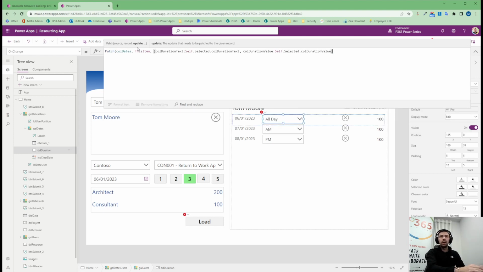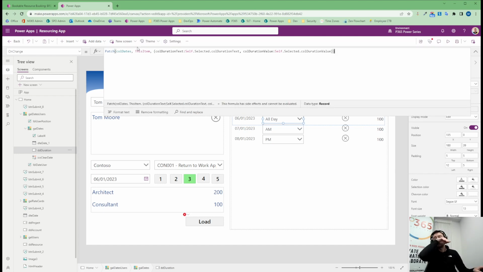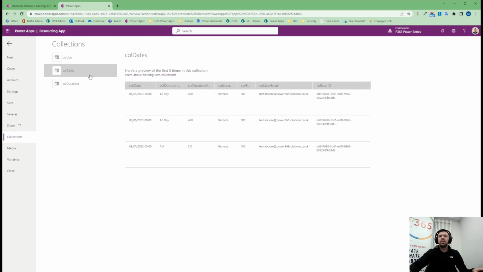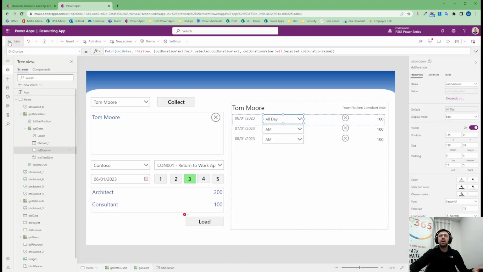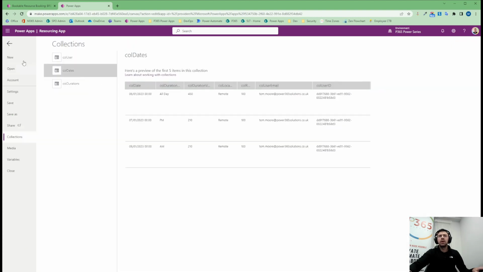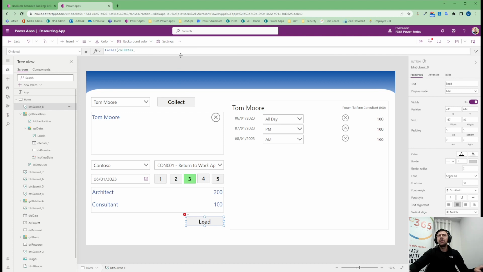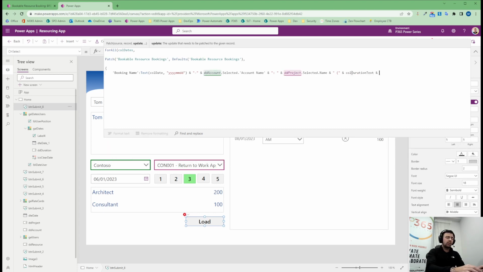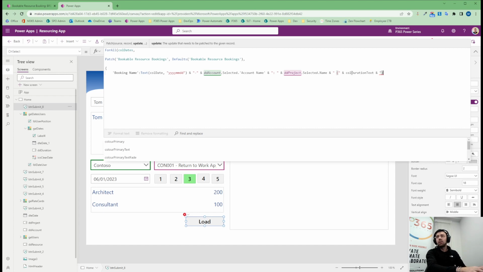And I'll show you this duration collection in a second. There's nothing crazy going on there. So we'll do that as an onChange, which if we just test that and I say that the 8th needs to become AM, and we have a look at collections, call dates, the 8th is now AM, perfect, those haven't changed. But if I do PM, collections, call dates, PM, perfect. Alright, so in here then I can take that call duration text and speech mark, close the bracket